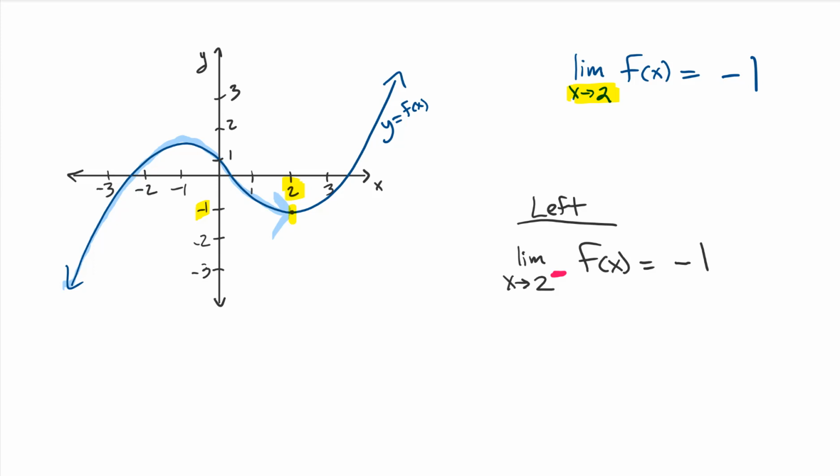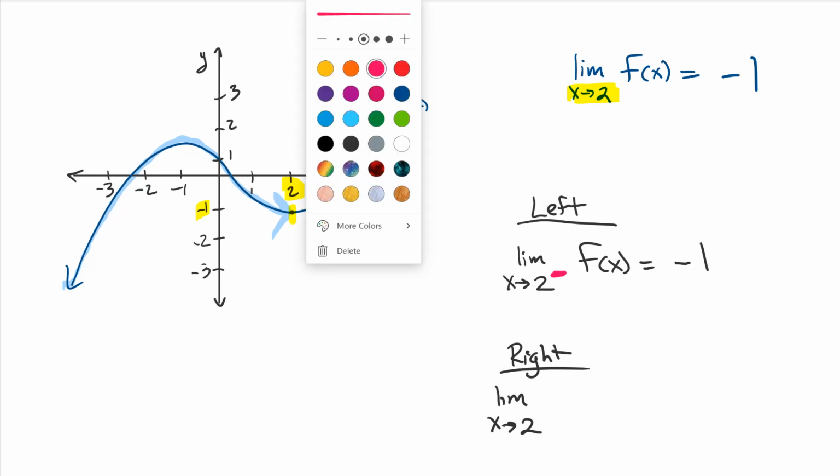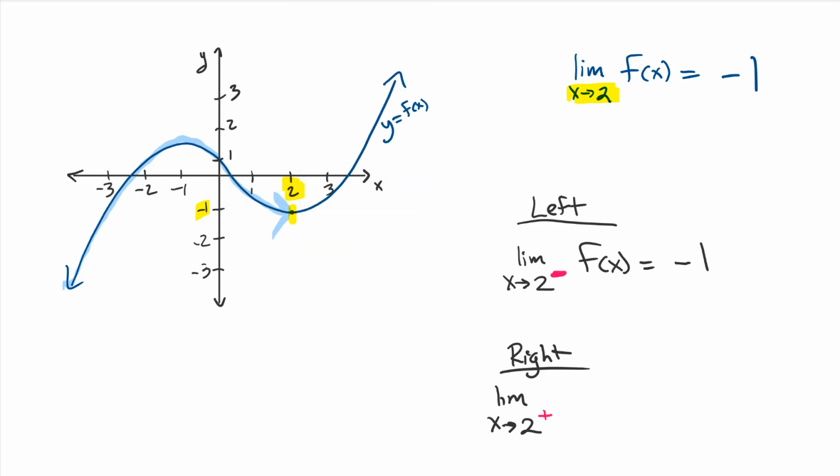And if there's something from the left, you're going to believe me, there might be something from the right. So from the right, the limit is x tending towards 2. Let's put that big and in pink again. But now we're going to put a plus sign in there, saying we're coming from the positive values of x, or from the right of our function. And we're like, well, let's take another ride. We're going to come from the right. Here we go. And it comes in, and they're pointing to the same spot